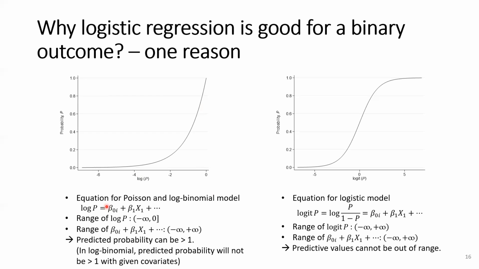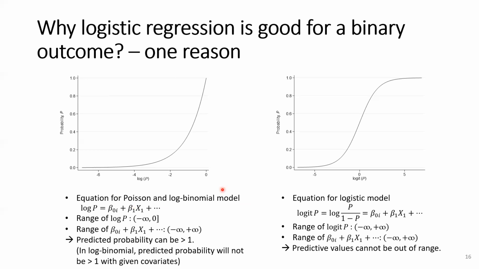However, this linear part can go beyond 0. And if it goes beyond 0, it means we are going to have a probability more than 1. So this is a problem of having this link, and this is a problem for the Poisson model, and for the log binomial model,